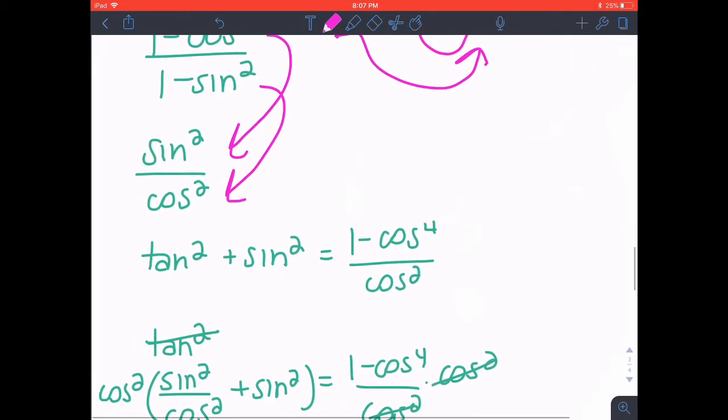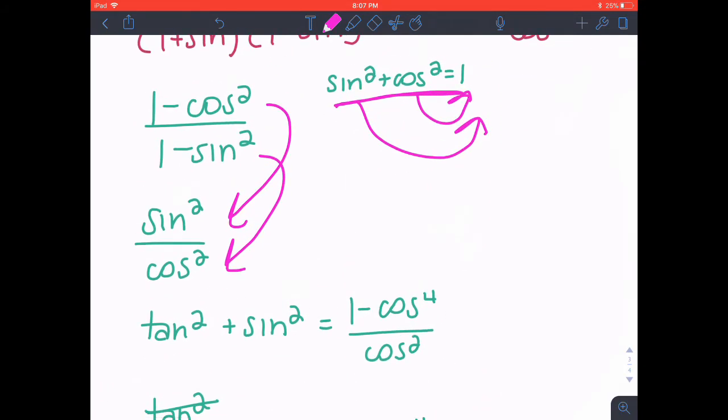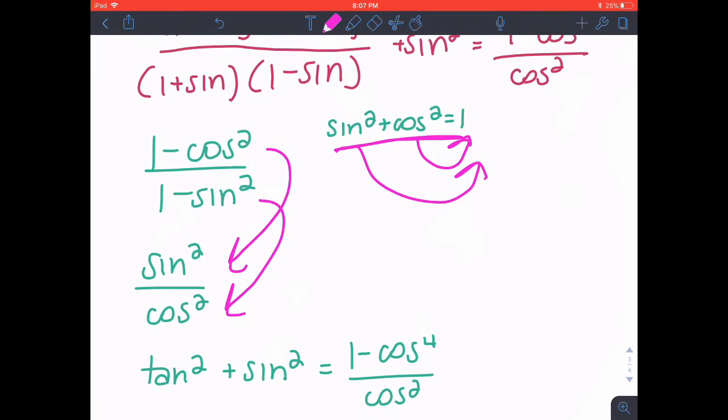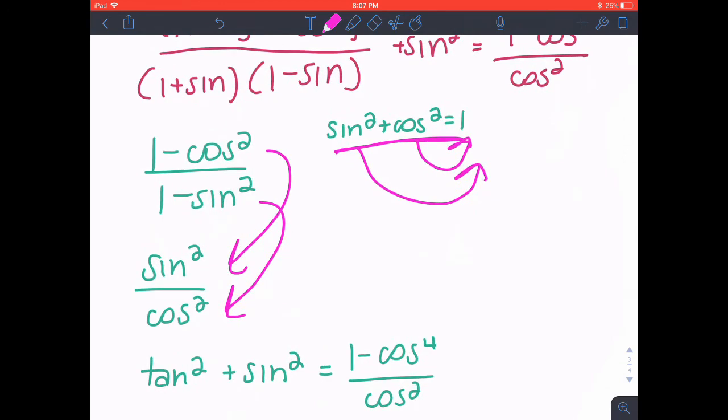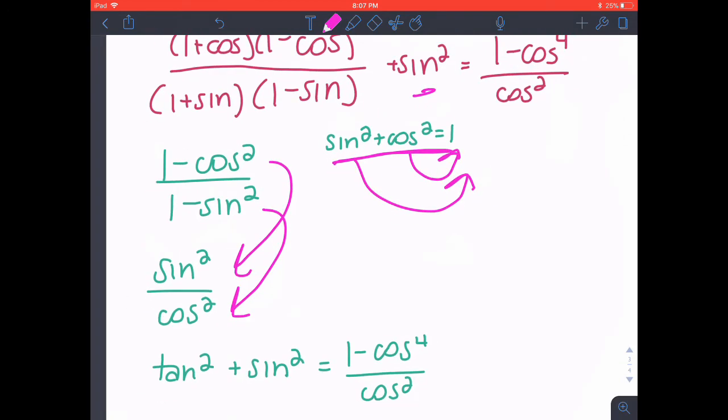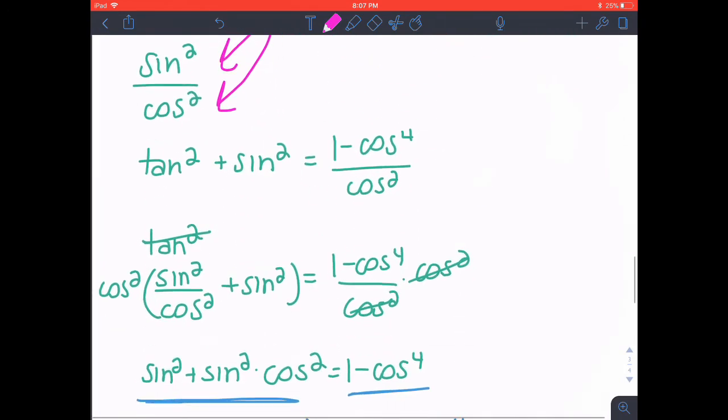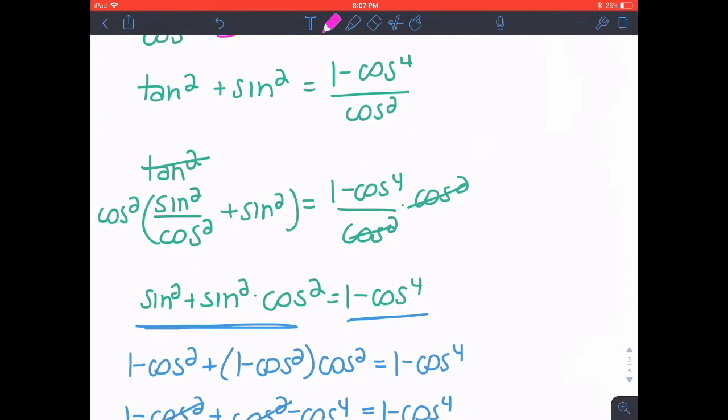Now we know from before that sine squared over cosine squared is tan squared. And so we can add sine squared to that as the problem shows above. And we get on the right 1 minus cosine to the 4th over cosine squared. Now, we changed sine squared over cosine squared to tan squared, but we can change it back because in this problem we can multiply each side by cosine squared to get rid of the denominator on the right. And so we do that and we get